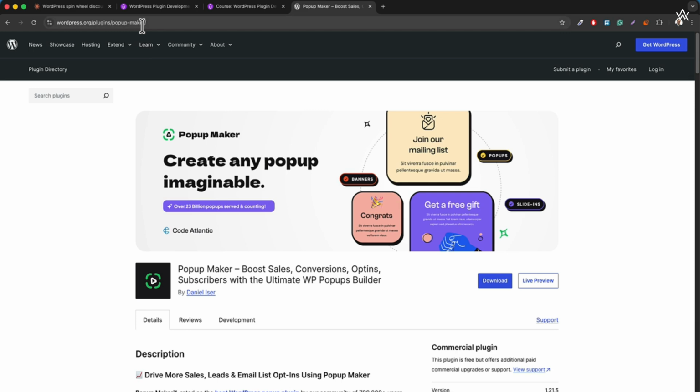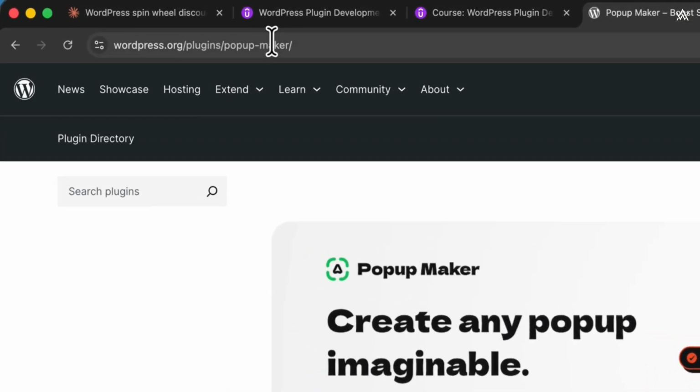So now this particular slug is actually taken. If I want to use this slug, I will not be able to use it because there will be some conflicts and there can be update issues. And if I also want to upload that plugin to the WordPress repository, then it will create a lot of issues for me. So it is really very important that whatever the plugin slug you create, make sure that it is unique, and you have to go to wordpress.org/plugins